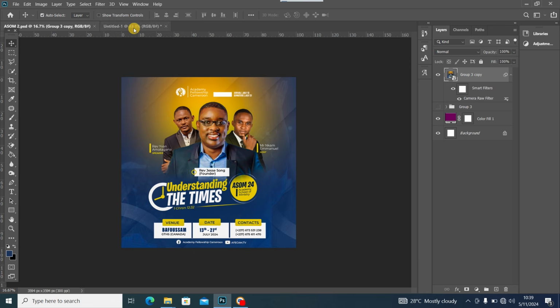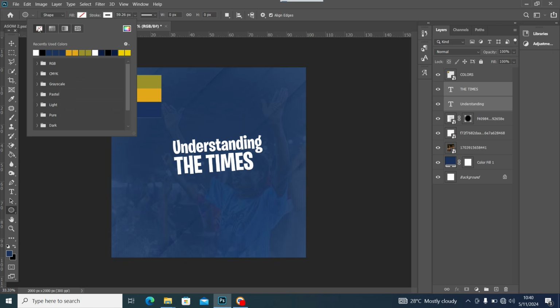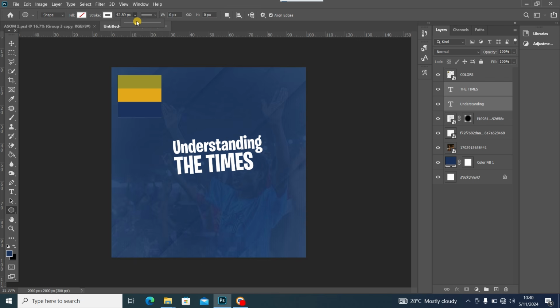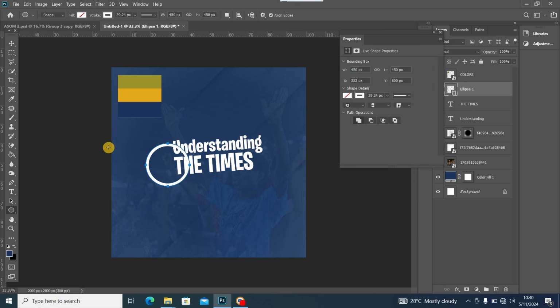And once that is done, now the next thing I want to create is this clock by the side. So I'm going to use my ellipse tool for that. Once I select the ellipse tool, I will make sure my fill is turned off, and my stroke is turned on, but I'll reduce the size of the stroke a little, and I'm going to modify it accordingly. To create a perfect circle, you just need to hold shift and draw like this. So once my circle is created like this,